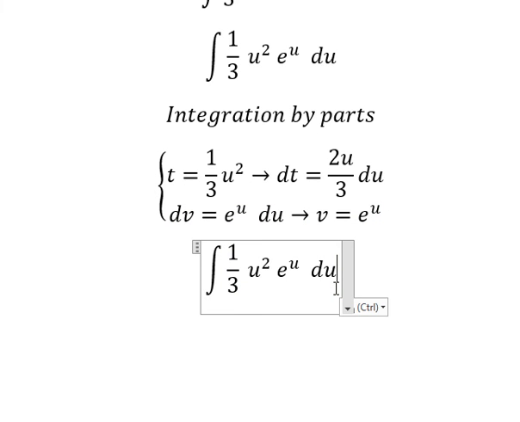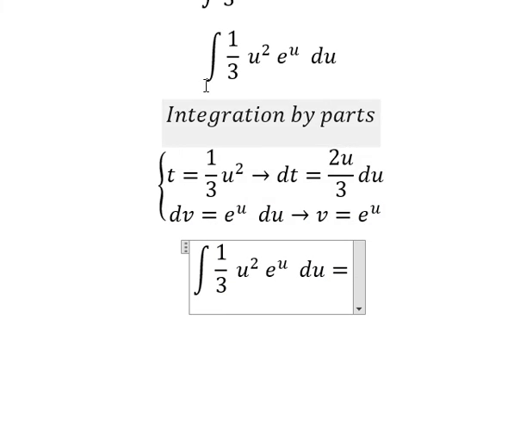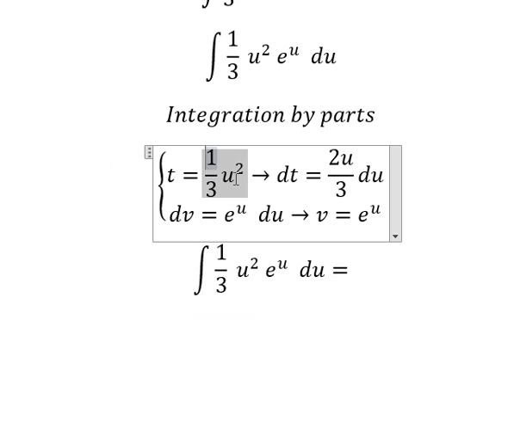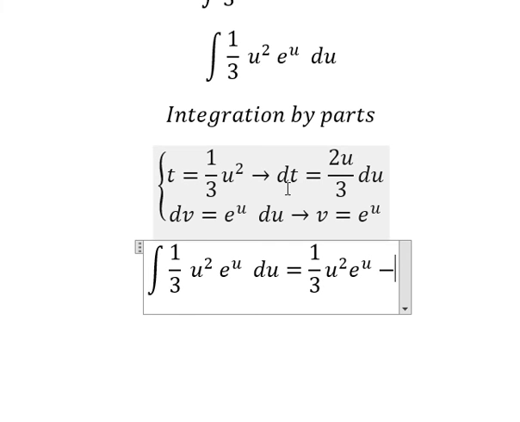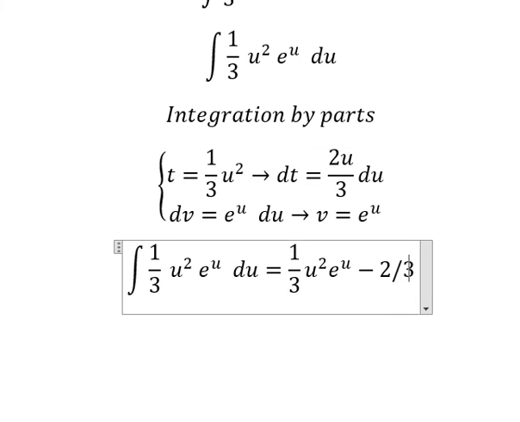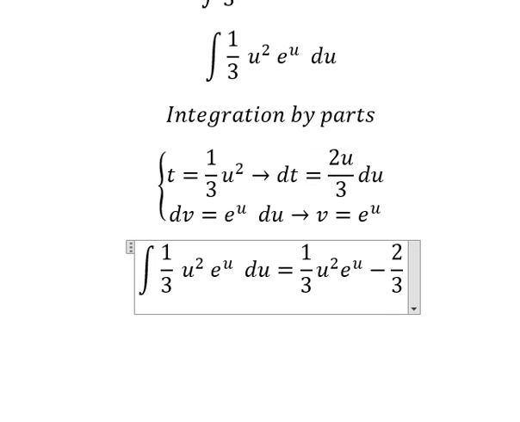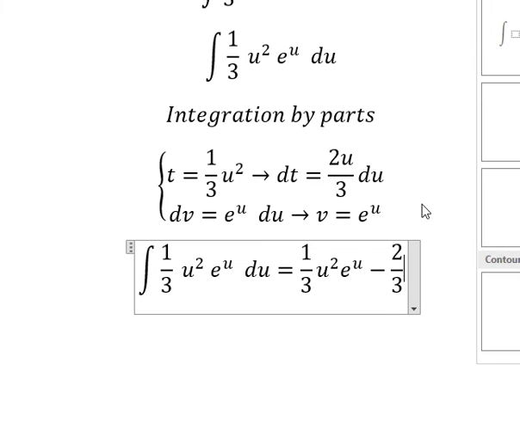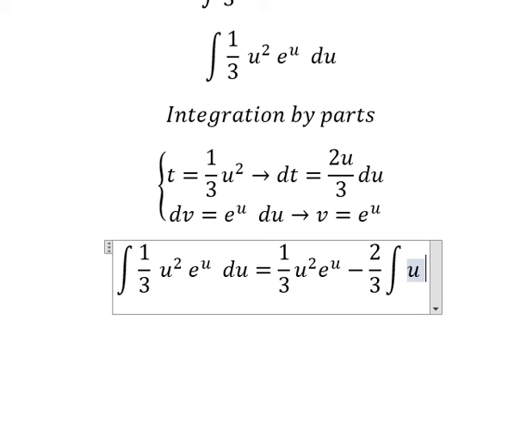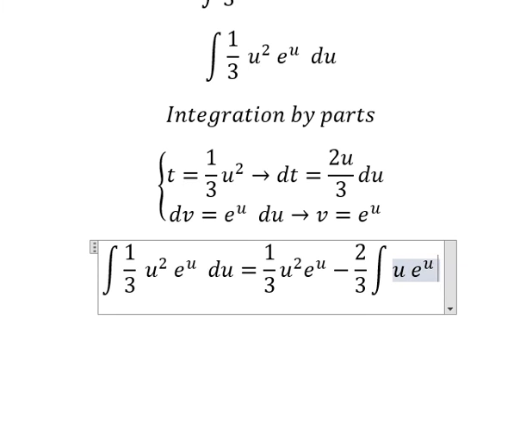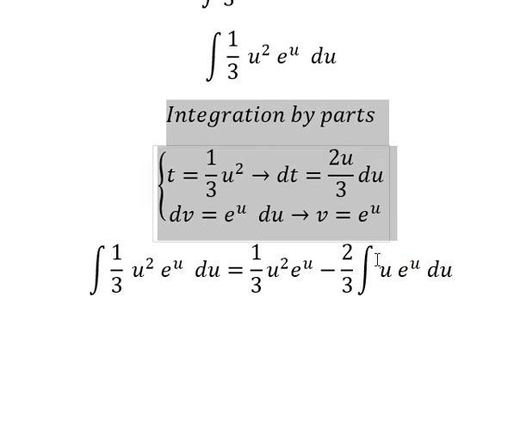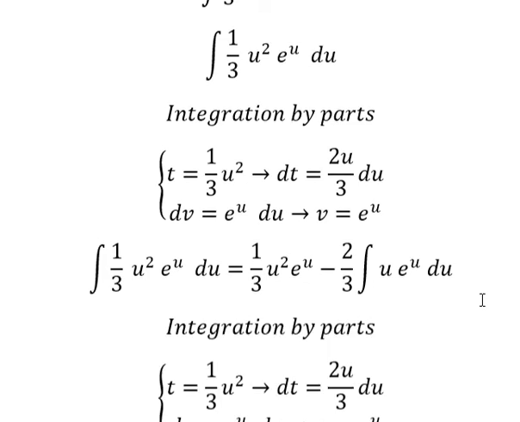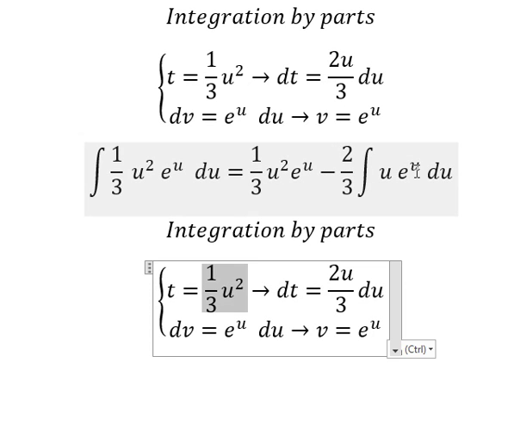So we have t multiplied by v minus the t multiplied by v, and so we have the integration u multiplied by e to the power of u du. Now we can use integration by parts again, and this one I will choose